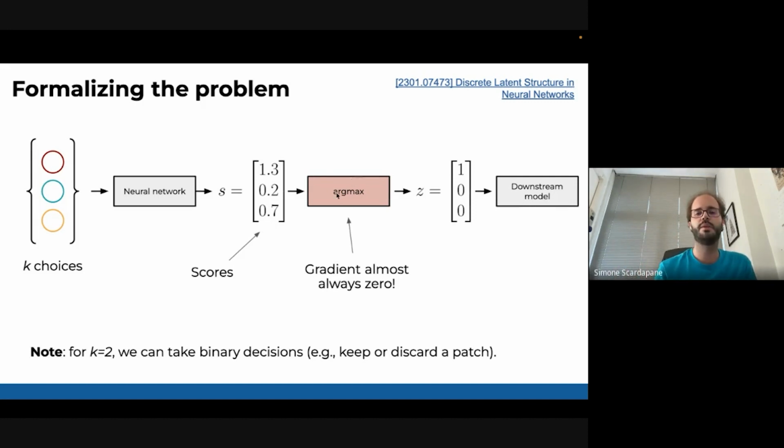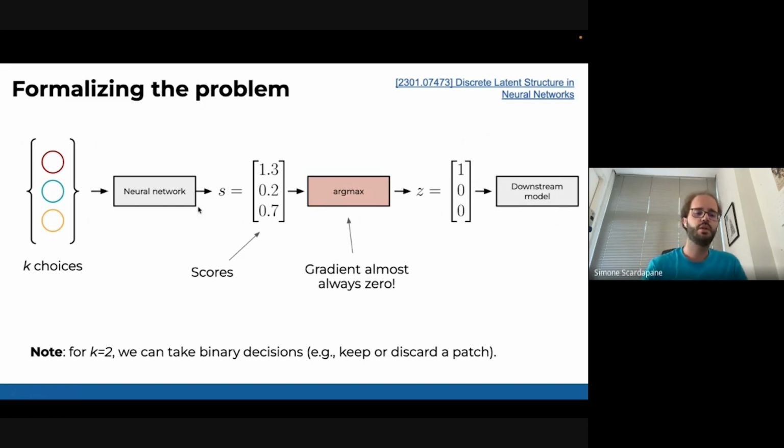So what I'd like to do is maximize this probability and take the one-hot vector corresponding to the first element. So this could be a one-hot vector telling me that among these 3 elements, I should take the first one. And then there's some other neural network part that will use this object to do stuff.